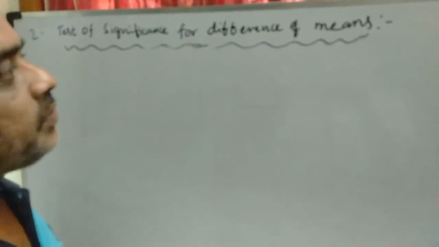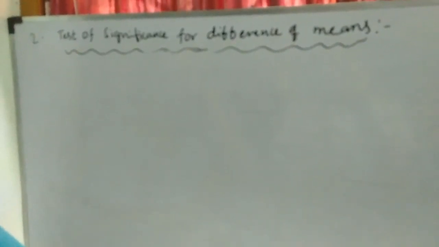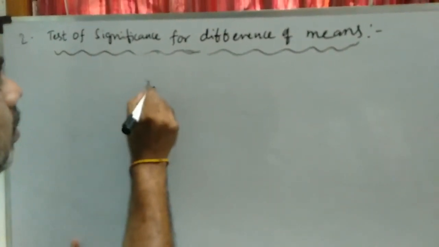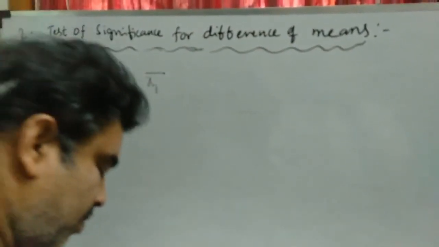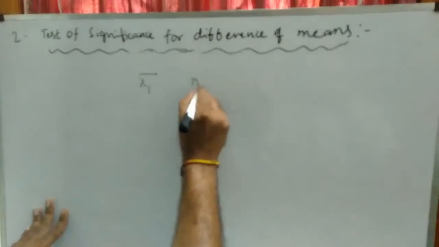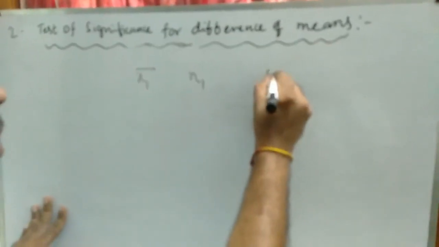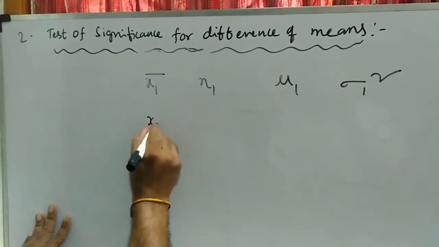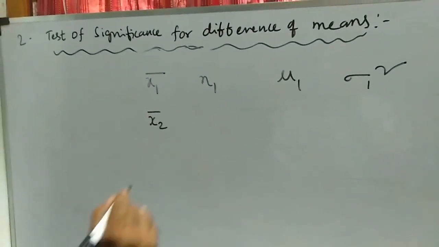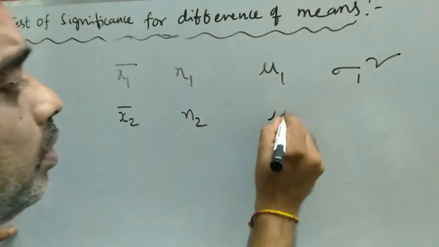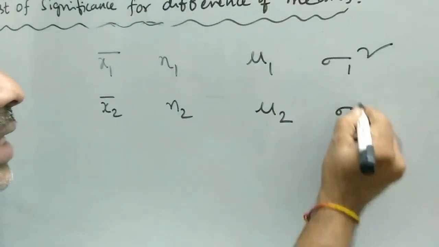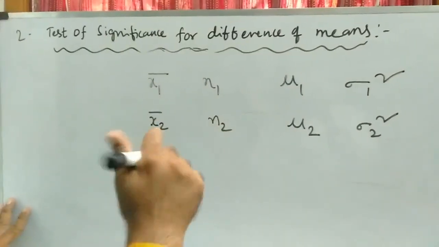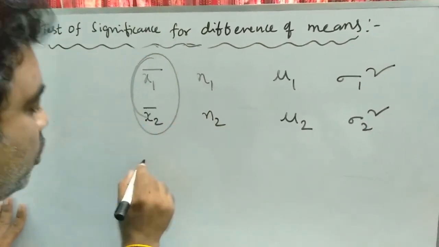Test of significance for difference of means. This is model 2 in testing of hypothesis. Let us assume that x1 bar is the mean of the sample of size n1 drawn from a population with mean mu1 and variance sigma1 square. Also x2 bar is the mean of the second sample of size n2 with population mean mu2 and variance sigma2 square. Then to test whether there is any significant difference between the two means, we use the statistic z